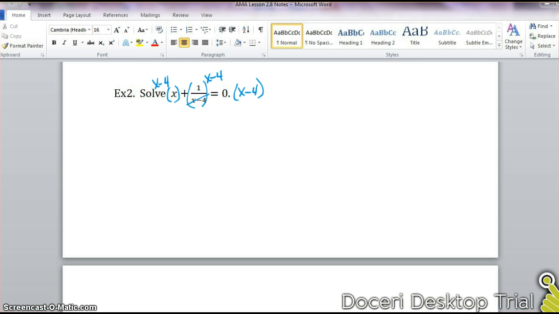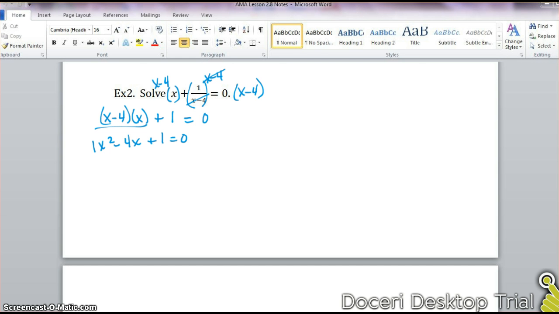And so any denominator that I have should cancel if I've done it correctly. I have x minus 4 times x plus, I still have my 1. And 0 times x minus 4 is simply 0. Go ahead and multiply that out. x squared minus 4x plus 1 equals 0. In this case, it's not factorable, so I'm going to use the quadratic